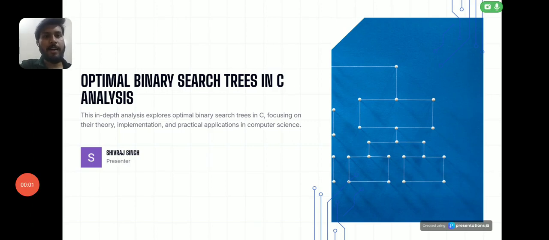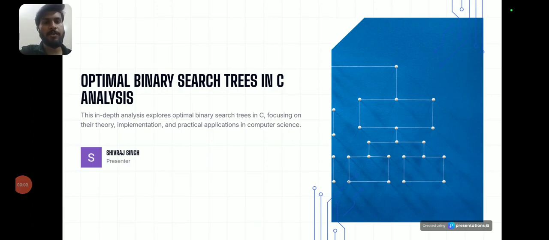Yes, I am Savraj from the Sri Venkateswara College of Engineering, and today we are going to discuss the topic optimal binary search trees in C. This is a very important topic in DSA. So we are going to discuss today